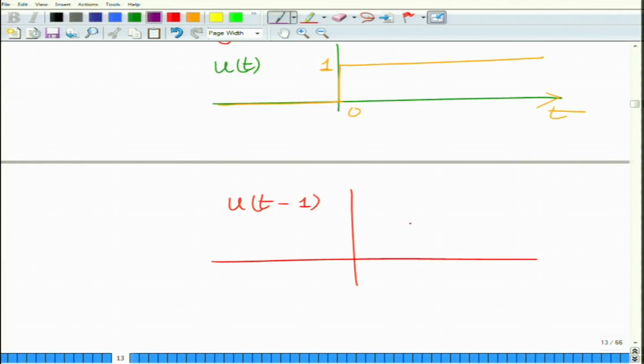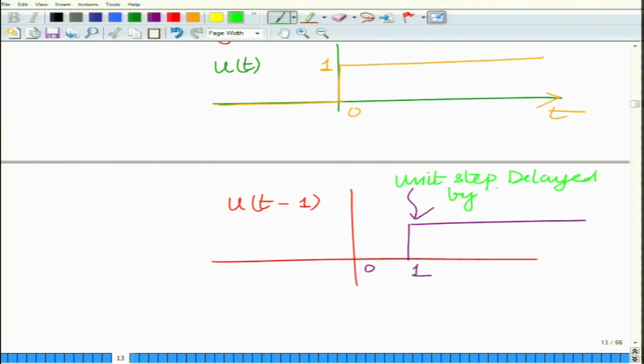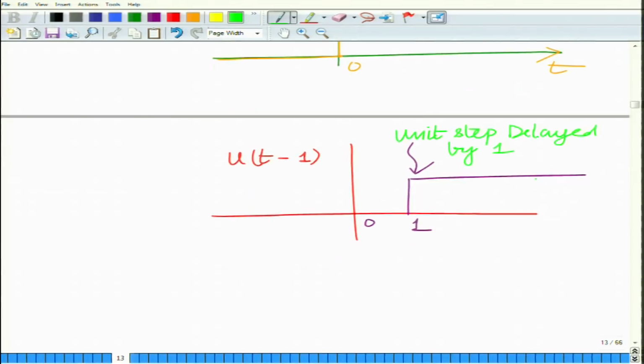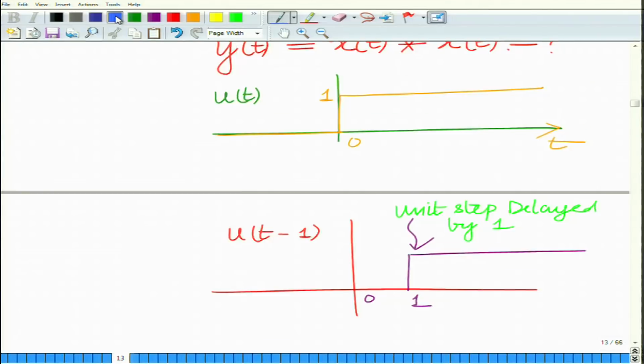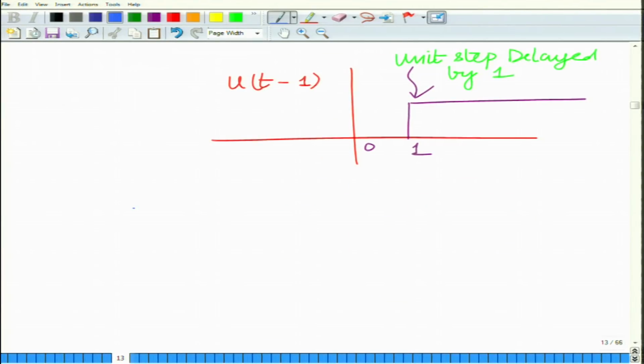So, take the unit step function and delay it by 1 unit, and therefore, x t you can see, which is equal to u t minus u t minus 1, will be given as